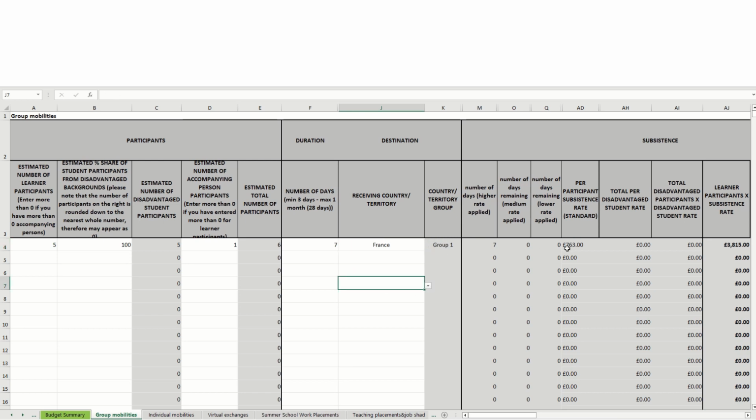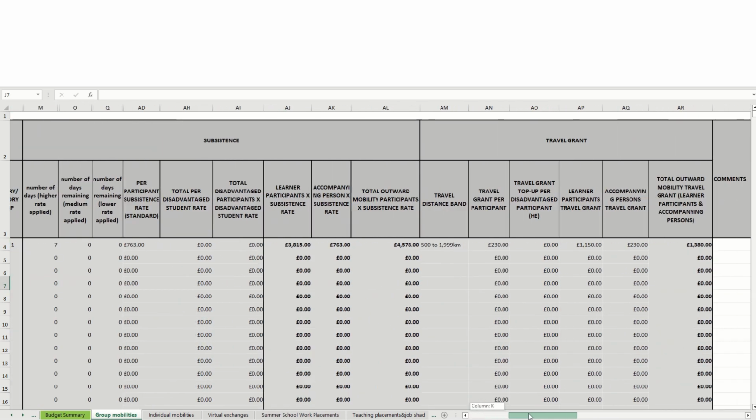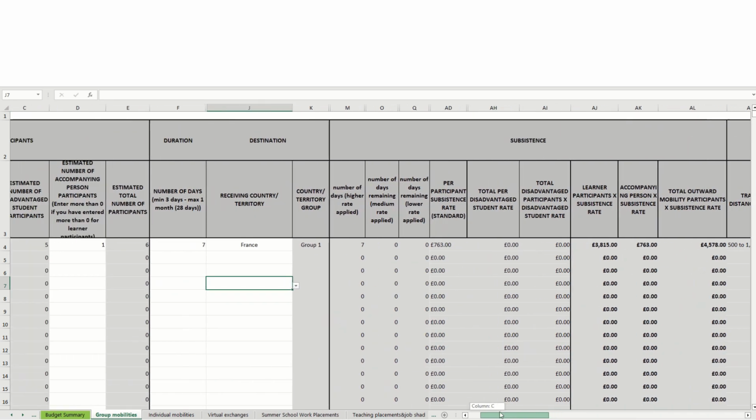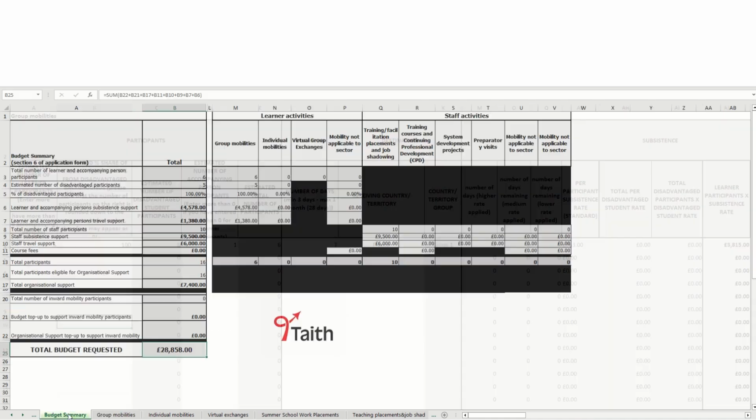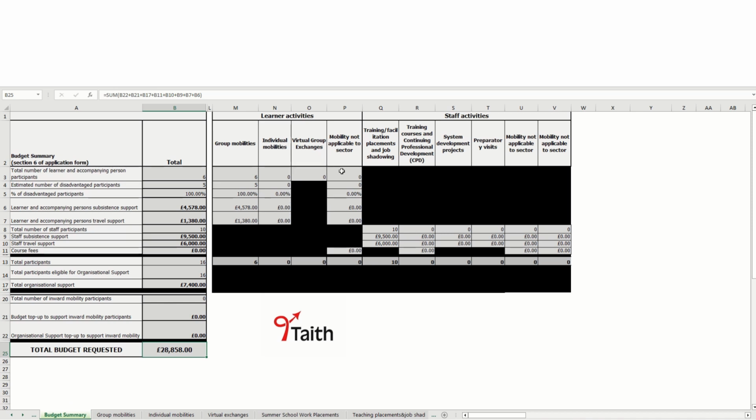And again, you can see all of the grey fields to the right have updated where relevant. So now I've entered the information I've needed to for this project. So all I need to do is look at the budget summary. Again, everything is pulled through, but you just need to make sure that you check that everything is accurate according to what you've entered. And of course, please make a note of the total budget requested in cell B25.